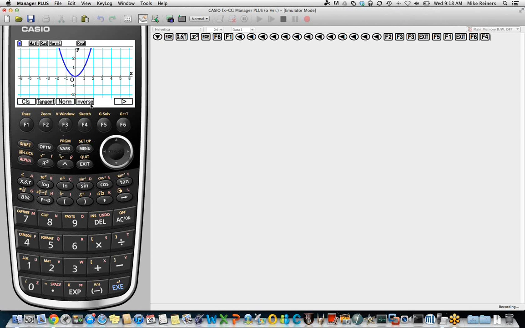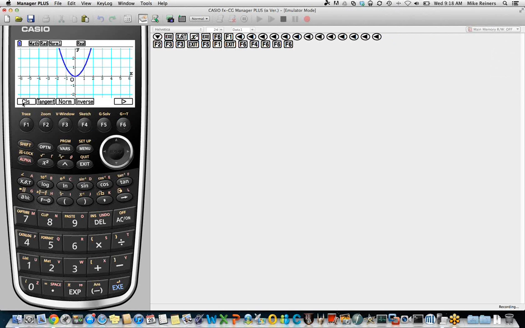And we can see a soft menu appearing at the bottom of the screen, which means we're going to continue to use these F1 through F6 function keys in order to access these commands. And then we also see above F6 a little right-facing arrow, and that just means that F6 is going to be used to move from page to page of these different soft menu commands. So pressing F6 reveals some additional options. Pressing F6 again reveals a couple more, and pressing F6 a third time brings back the original set of options.